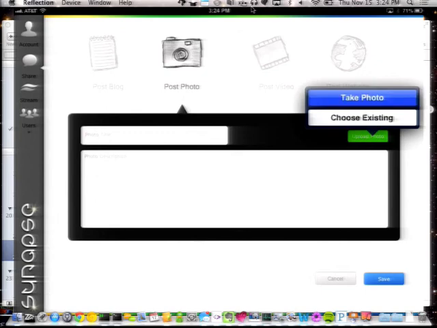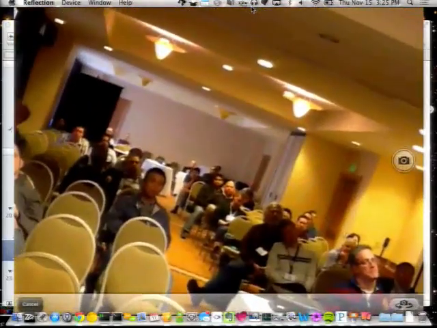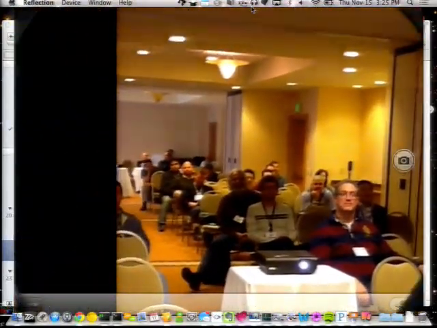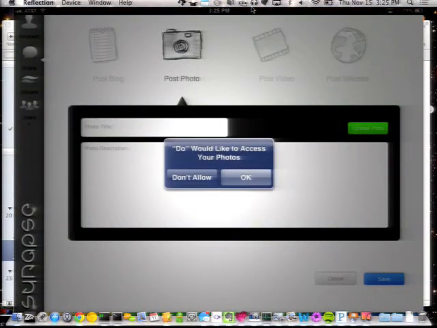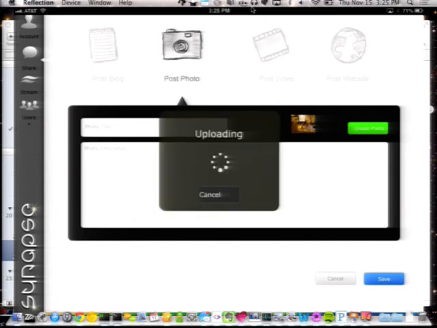So I'm going to try to take a photo here, and here's where I'm blocking the view. Okay, this is just weird. All right, and take a little picture. There we go. I'm going to use that, and so there's the photo, and I hit save. And it's being uploaded to the server. That's pretty cool. An HTML5 app just accessed the camera. And so, easy capture, easy sharing of information.